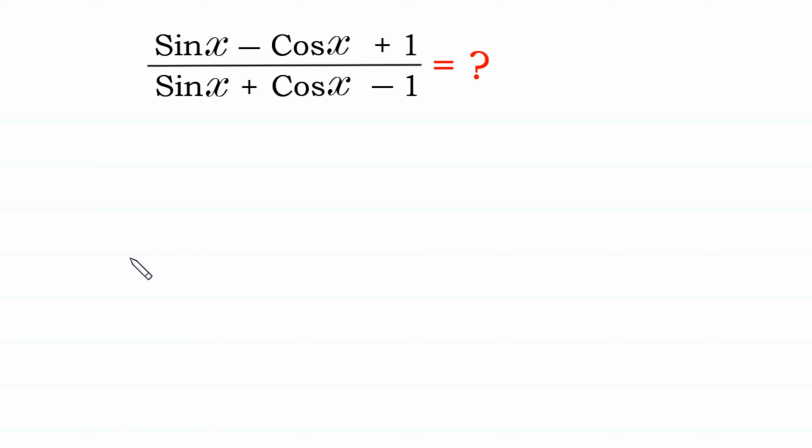Hello, welcome to how to simplify this trigonometric expression: sin of x minus cos of x plus 1 divided by sin of x plus cos of x minus 1. First of all, we represent these two terms sin of x plus cos of x as a single term like this: sin of x minus cos of x plus 1